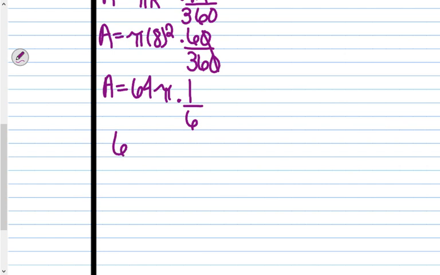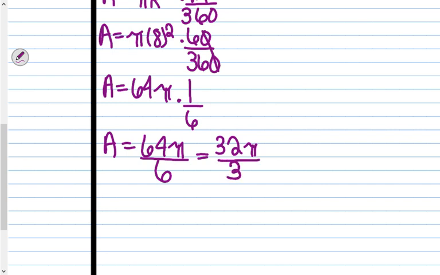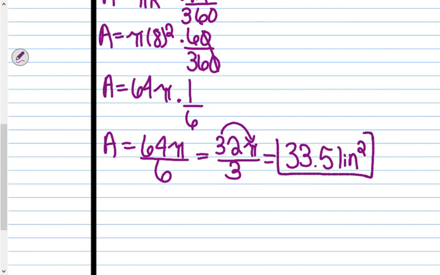So now I have area equals 64 pi over 6. I can reduce both of those by the number 2. So this becomes 32 pi over 3. And 32 and 3 cannot reduce anymore. So I'm going to multiply 32 by pi. And that's probably going to be somewhere like 90 something. And then we'll divide it by 3 and round to the nearest hundredth, and we get 33.51 inches squared. The area of just this portion, just the shaded portion, is